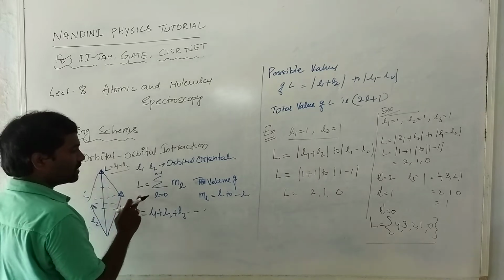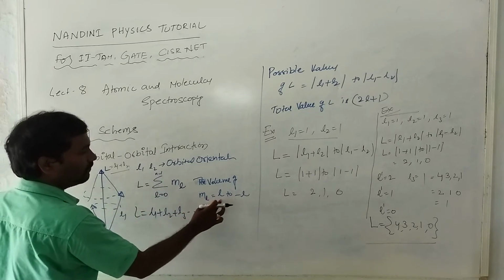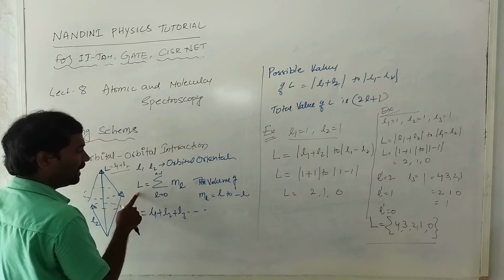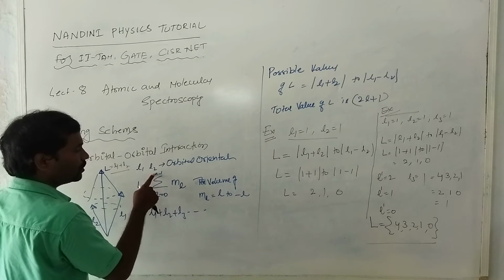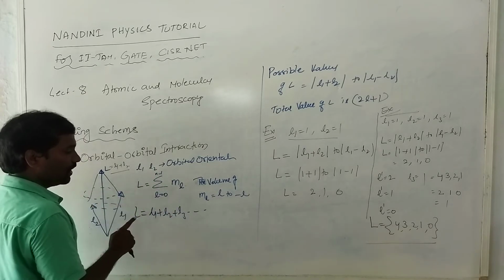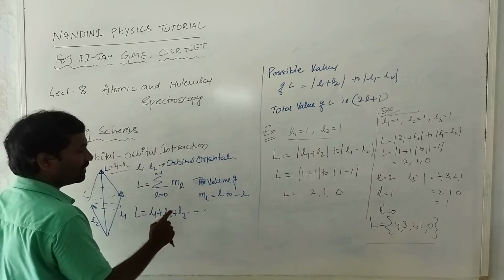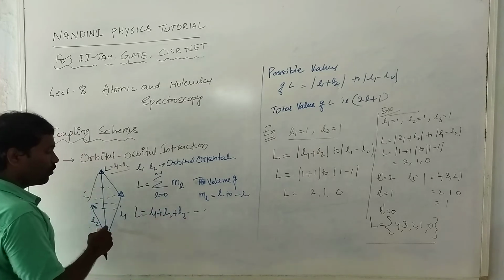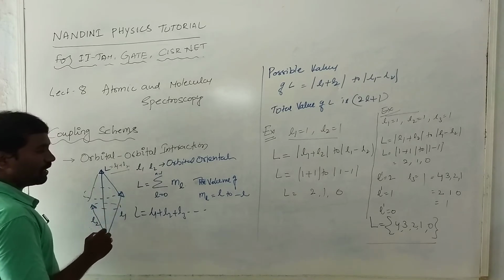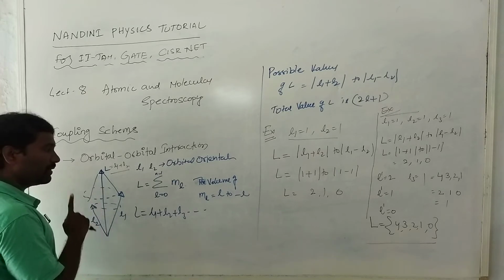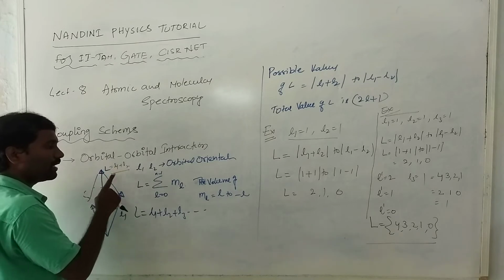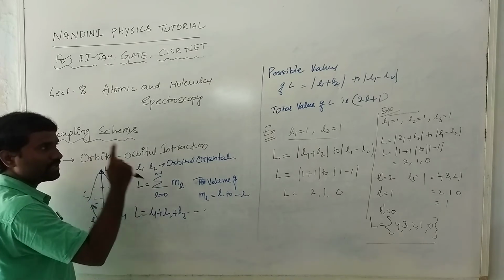In orbital interactions, the ML values are nothing but L1, L2, L3 up to minus 1. Therefore, using this equation, capital L is the summation of ml, which gives the total angular momentum of this orientation. So here L is equal to L1 plus L2 plus L3 and so on. This is the actual formula. How many numbers you consider, no problem. If you consider 4 or 5 or 6 orbital quantum numbers, they precess about their principal axis. Therefore, finally the total angular momentum is L equal to L1 plus L2 plus L3 and so on.